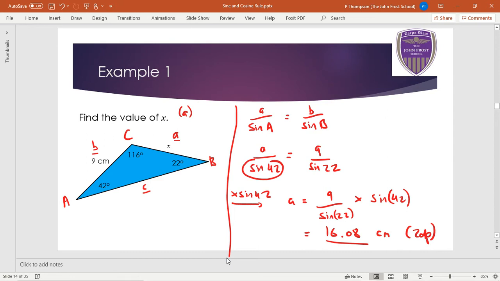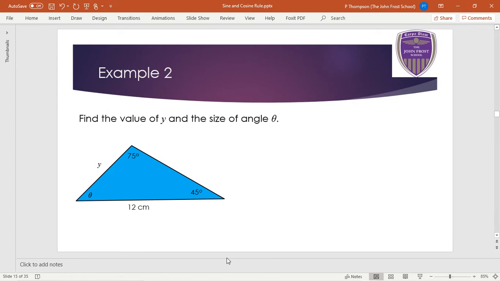So example 2, let's copy this one down, and then come back to me when you're ready. Okay. All right, welcome back. So find the value of y and the size of angle theta. Right, so I'm going to call this one side A, and this one angle A. I'll call the other side, I know, B, this angle B, and then this will be C, and this will be C here, okay? Now it does say to find y first, but actually I'm going to find theta first